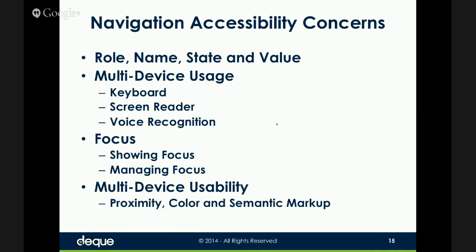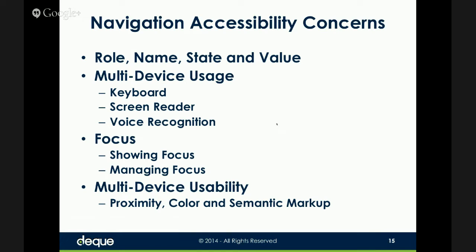So with that context in mind, what are some of the specific accessibility concerns that you're going to have to face when you're thinking about navigation on your page? Now, once again, I'm highlighting the things that are more likely to be of concern. This doesn't mean that the other accessibility WCAG guidelines are not going to be important. They all are, and they're all going to appear to some degree,